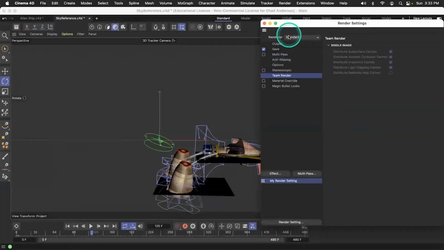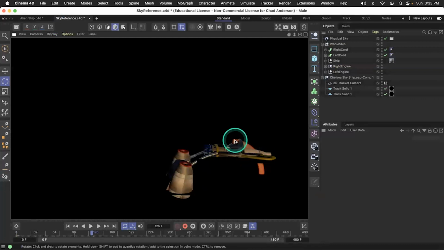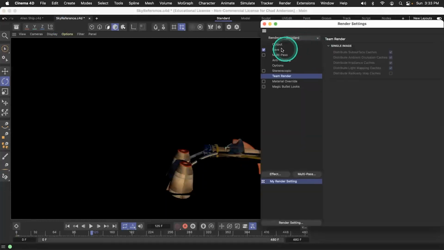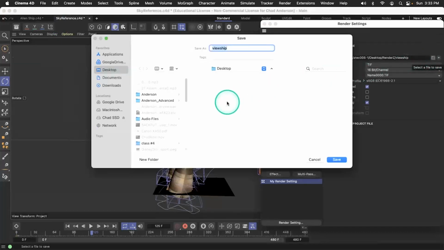But we're going to render in standard, and this is going to be the standard render. So basically when I hit Command R, it looks like this. Let's just save this as a separate folder. We're going to go into output or save, choose a different folder, go to another folder on the desktop, and we're going to call this